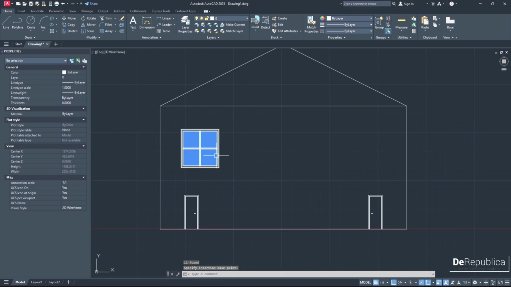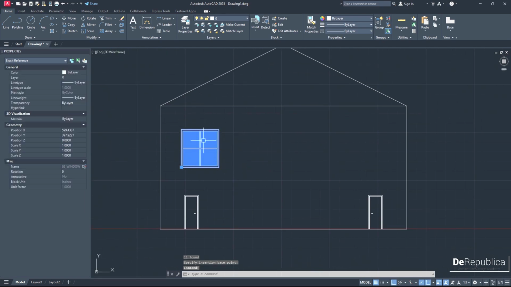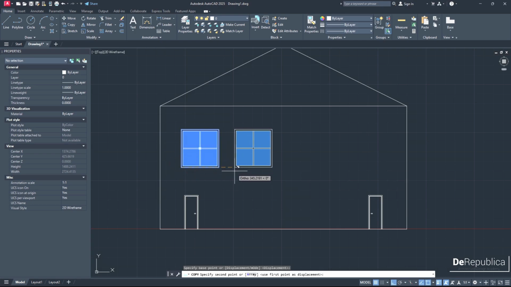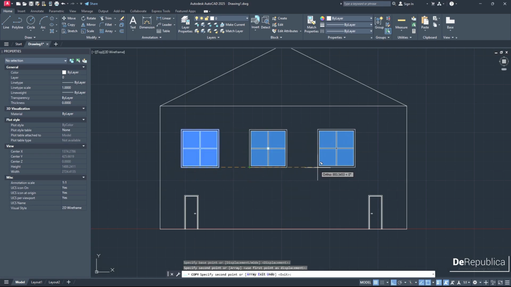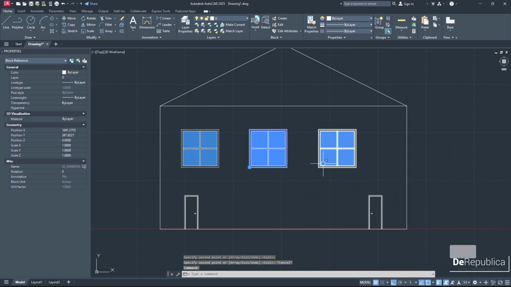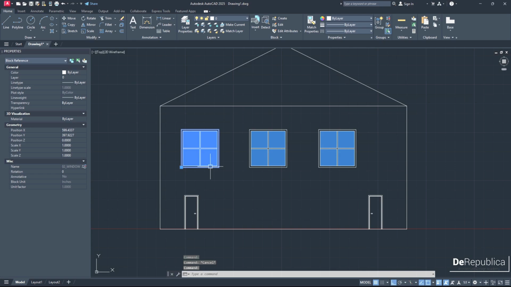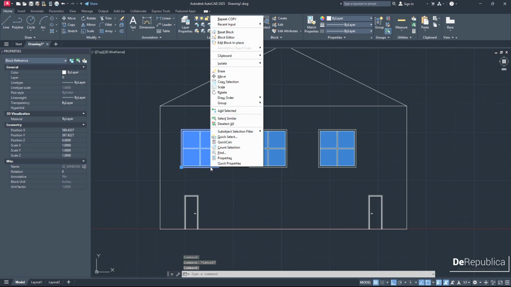And now, if I click on my window, you see it's one object. And in the Properties panel, I'm told I named it 02 window and it's a block reference. So now, if I copy this object here, my window, these are blocks as well. And if I select it, right click, or you could simply double click, block editor,